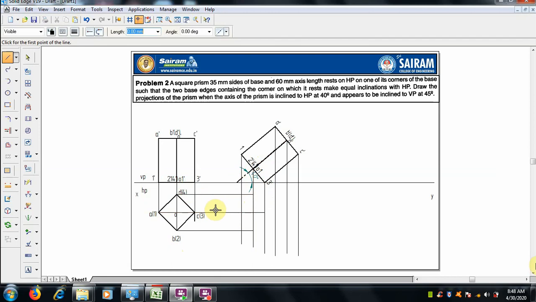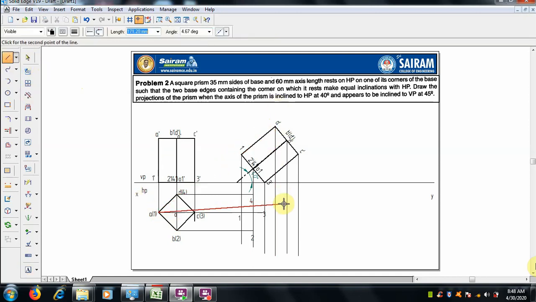So the lower square face we have done. Better number it now itself, where 1 2 3 and 4 come. So there will not be any mistake later.